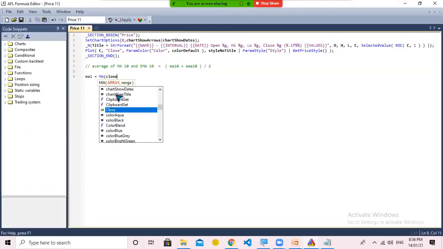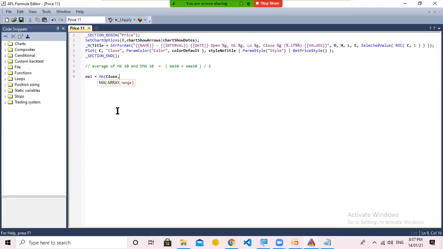Now again, you can see that a scroll window has opened, which says that AmiBroker has identified this close value here. Close is an array in AmiBroker. So if I press enter here, and it is separated by comma, now I have to define the range. So in this case, I want to find out the values of moving average 10.